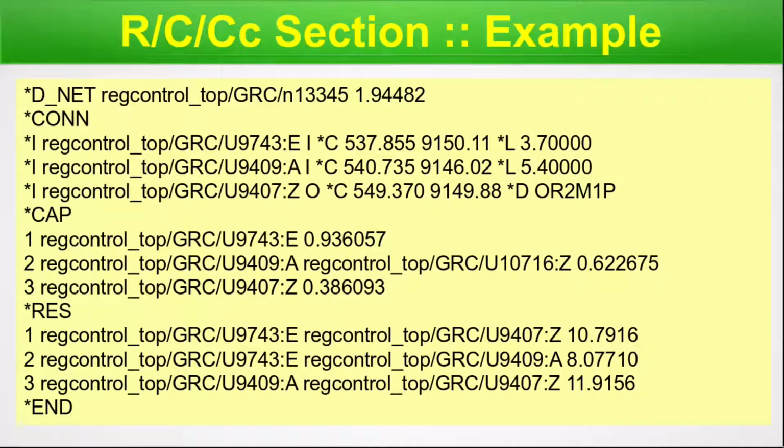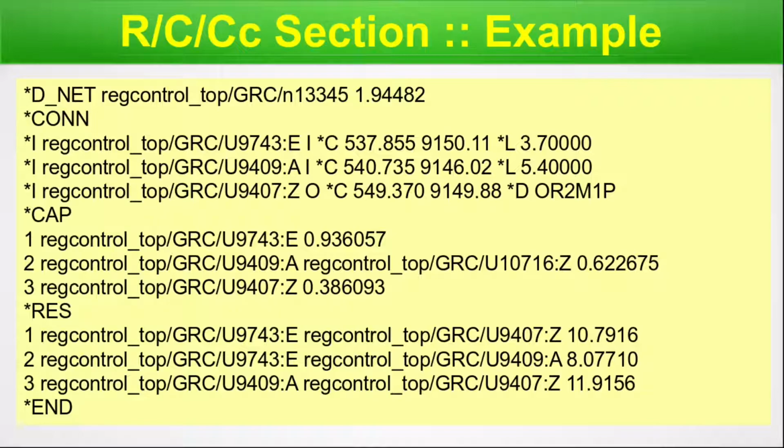Before concluding here, a few more things I would like to mention. When a metal routing is broken into several pieces, it creates multiple resistors. Now this breaking is done by the extraction engine. No designer does this, but the extraction engine, for its calculation purpose and algorithm, breaks a long metal piece down into multiple shorter metal pieces, which are also represented as resistors. Such two neighboring resistors will have one node common in between them. Their order may be anywhere in the entire res section or block, but the common thing will be that they will have a particular node in common. So if you see such resistors inside a single res block, you will understand these are two sections of the same metal routing piece.